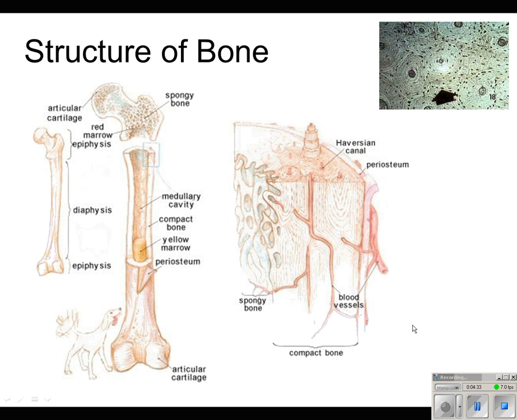Now, if we go back to the structure of bone here, I want you to remember the functions of the system. It's going to provide structure, movement, protection for the organs. It's going to make blood and help store minerals such as calcium. And to do that, it doesn't work alone. We have muscles that are going to be attached to the bones, and in order for those muscles to attach to the bones,